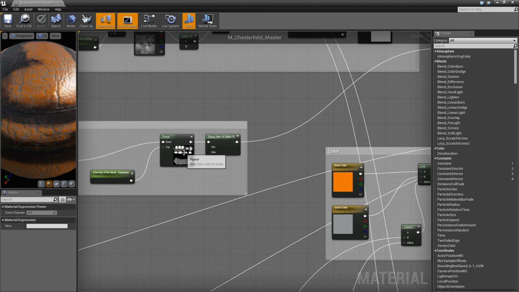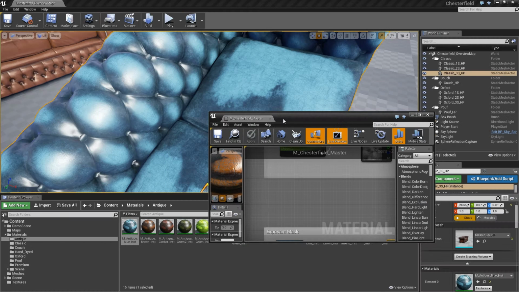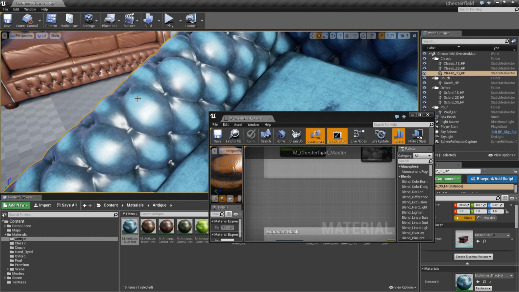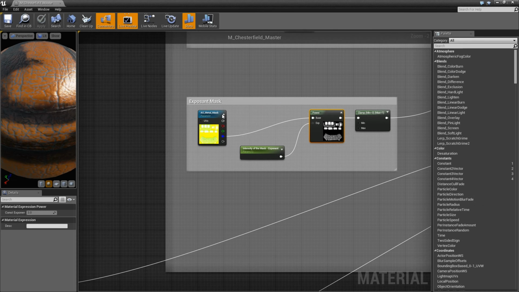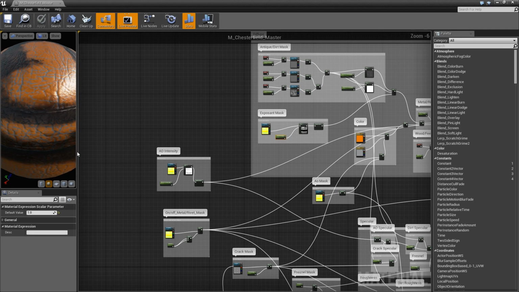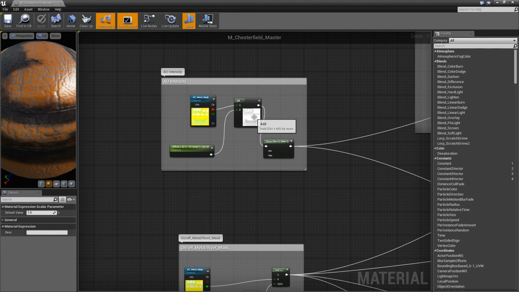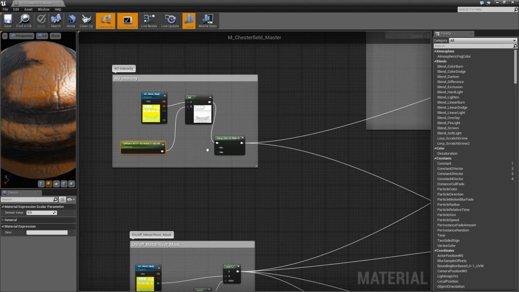Then here is a mask of the antiques. So you could control the intensity of this mask, and you have the ambient occlusion here with control of the intensity too.